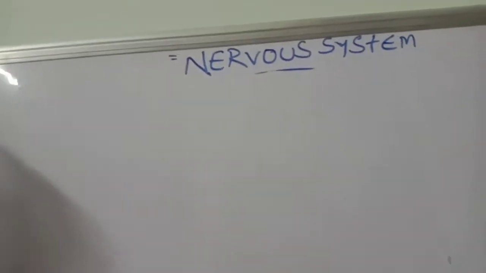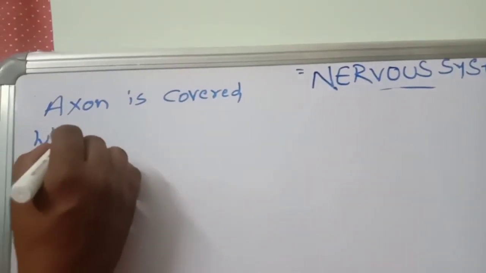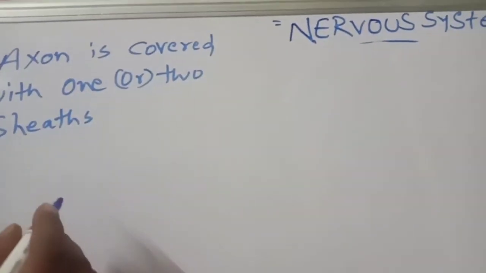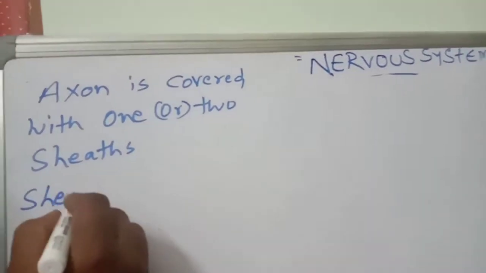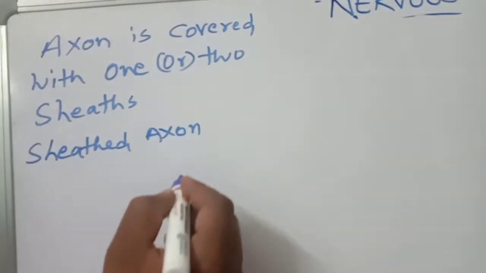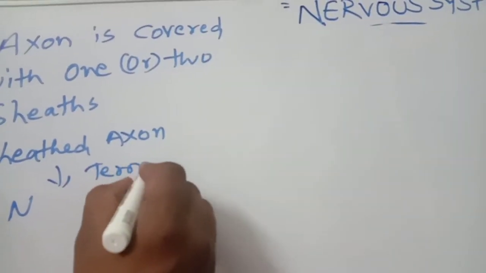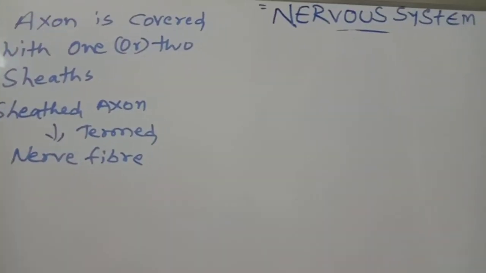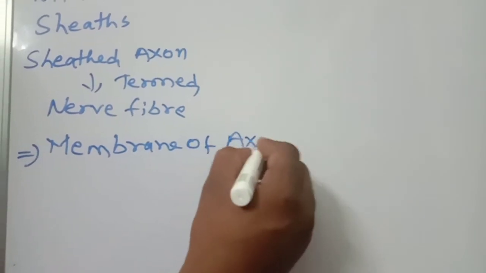The axon is covered with one or two sheaths. One or two sheaths. A sheathed axon is termed a nerve fiber. What is it termed? Nerve fiber. Very important. The membrane of the axon is called another important word,